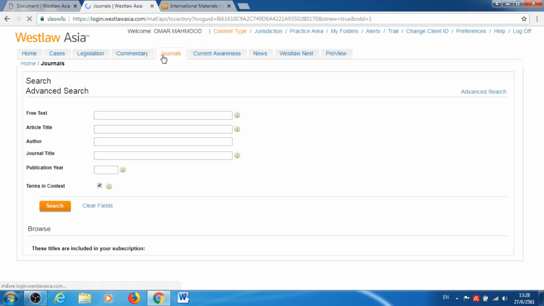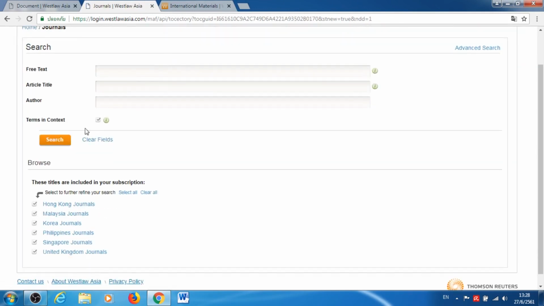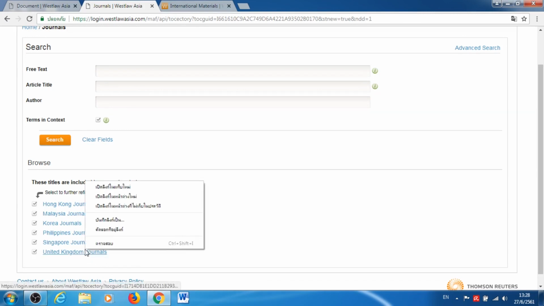Next, I'm going to move on to journals. Now, in journals, you will have access to full-text journals, and we'll also have legal abstracts, which will just give you a summary of the articles. But how you can tell, for example,